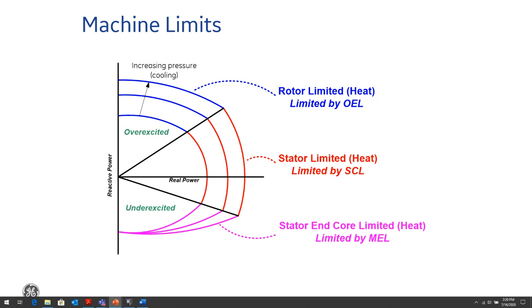Underexcited conditions can occur if we lose the field. If we lose our control on the field, we can be in that underexcited limit. And there is certain protection that we call loss of field protection, which we'll talk about, to be able to deal with those conditions. When we're in the overexcited part of the curve,